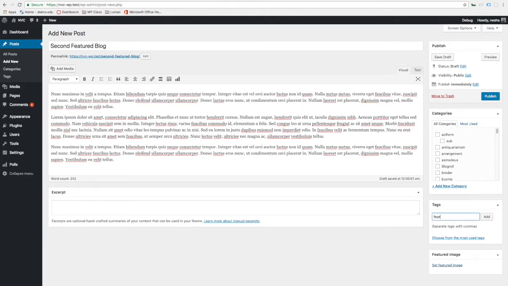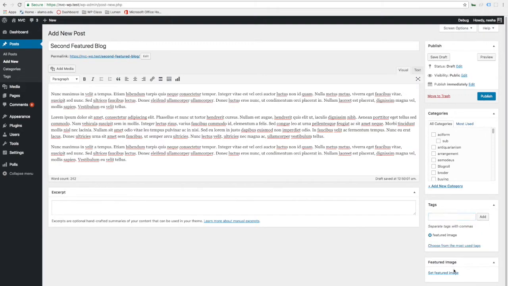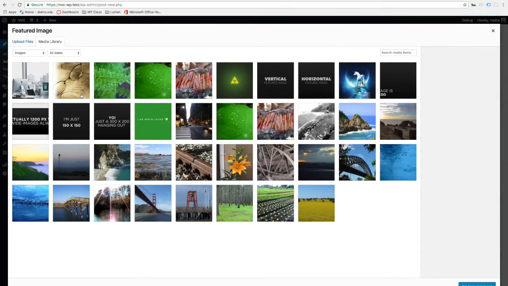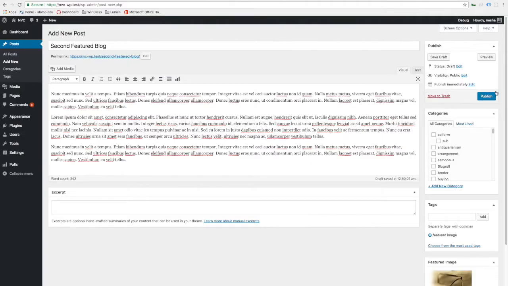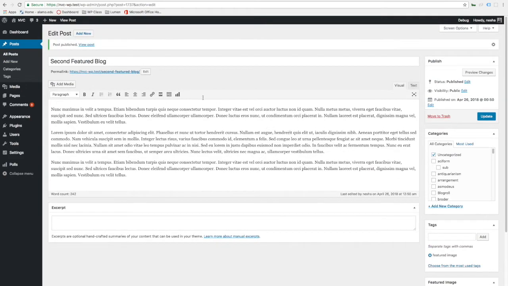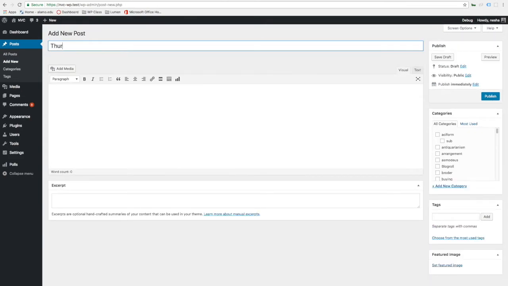Now since we already used the tag once, it gives us the same. We just start typing and it gives us autocomplete. We add this tag, and then we want to add some image, publish, okay, and then one more. We do third